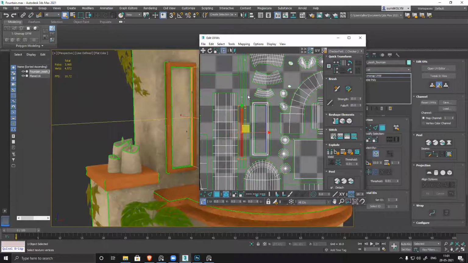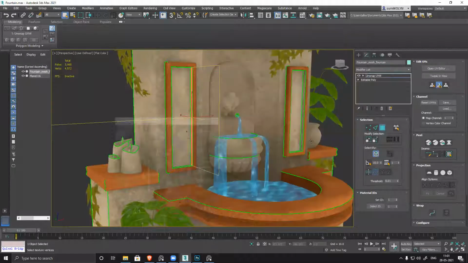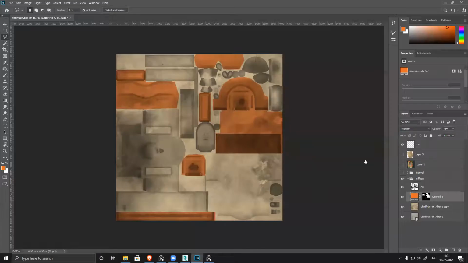Now I have to see. Okay, these two sections. Just adding those color blocks.